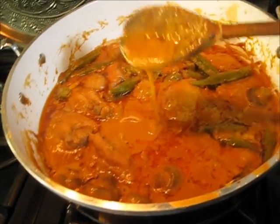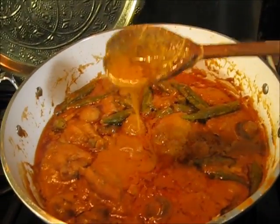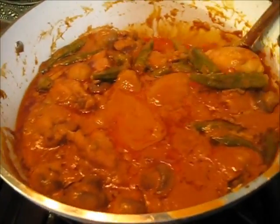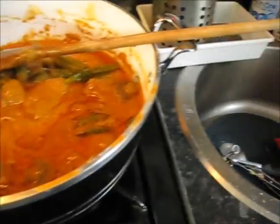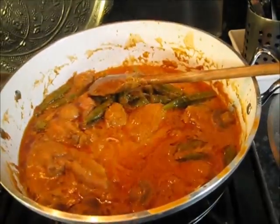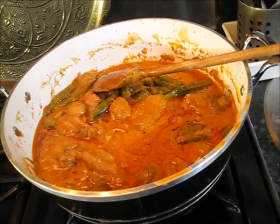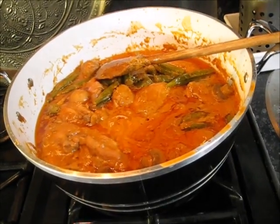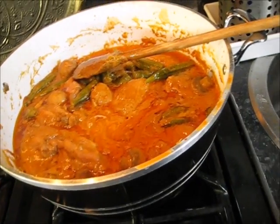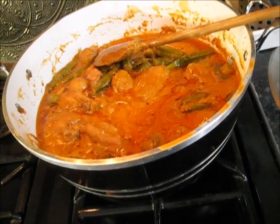It's not showing up on camera. It's actually thicker than it looks; it looks more runny on camera, but it's a very nice consistency for soup, and you can eat this with Omo Tuo, as I said before, which is rice which you roll into a ball and pour the soup over it, or you can have fufu with it, which